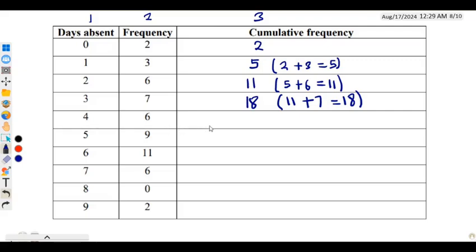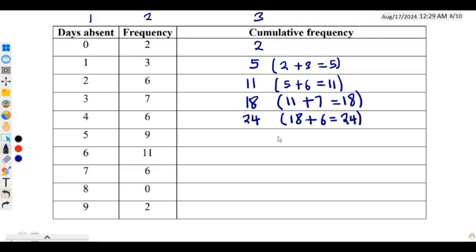So 18 plus 6, what are we going to get? We are going to get a 24. So this will give us a 24. So we have gotten 18, the previous cumulative frequency, plus the 6. This is the 24 that you are getting. So I'm just writing this to show you how we are finding the cumulative